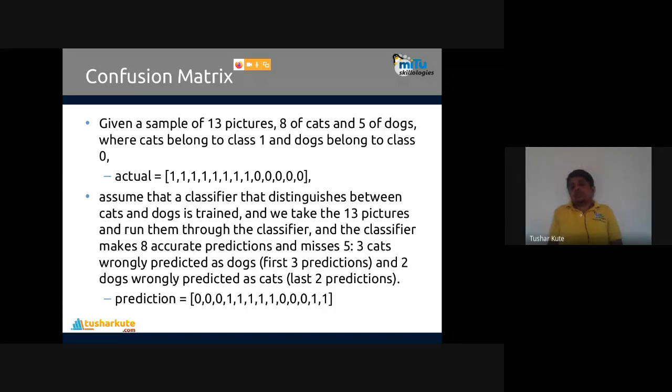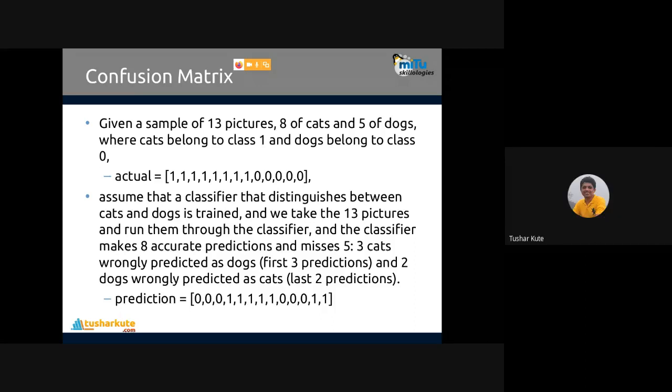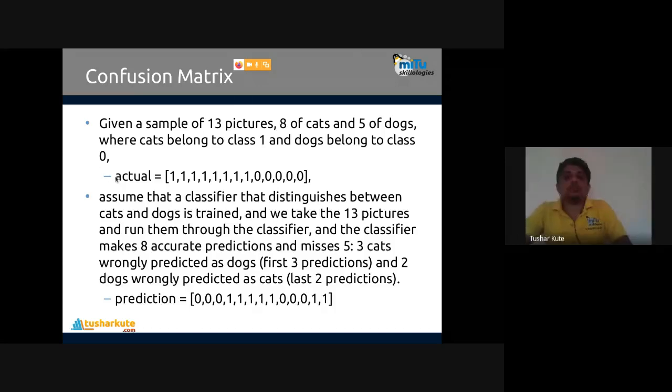Correct. So I will test with the help of, let's say, 13 pictures, and I will give those 13 pictures as input to this classification algorithm, and it will check whether the result generated matches or not. Let's see how it is done. For example, 13 different images are there. Out of that, the first 8 are cats and the remaining 5 are dogs. These 8 cats and 5 dogs I am going to apply to the algorithm to check the accuracy of that classifier, how perfectly it's working.